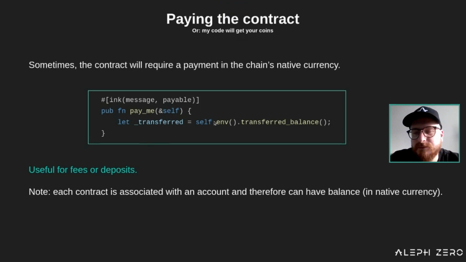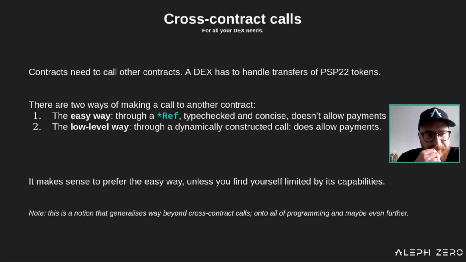Now it's also important that you can access the transferred balance using, again, the method from self.env. And perhaps an important notion here is that the contract on Ink, but on the Substrate chains, is an account. It has an account just like anyone else. So therefore it has balance, right? So it can accept the currency and so on. Right, now